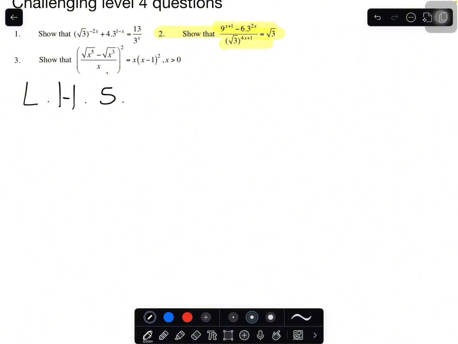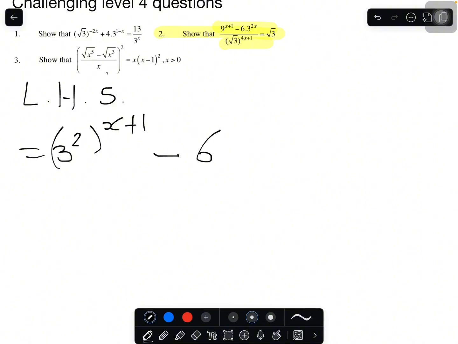If you look here again, 3 is our main base we are working with. So let's convert whatever we can to that base of 3. So I'll have 3 to the power 2, and that's going into x plus 1